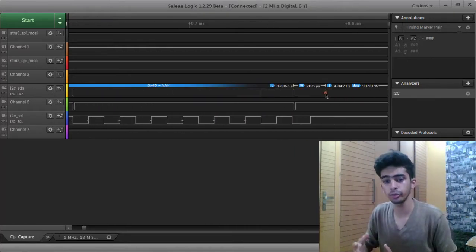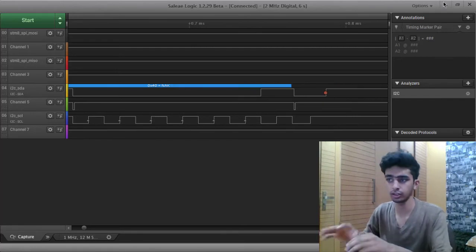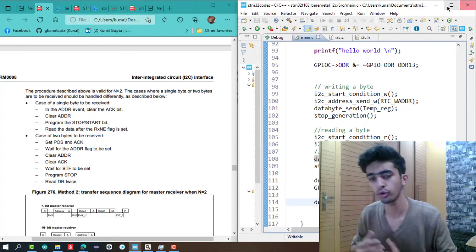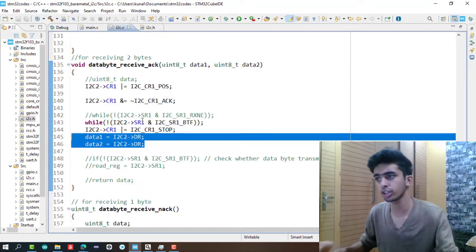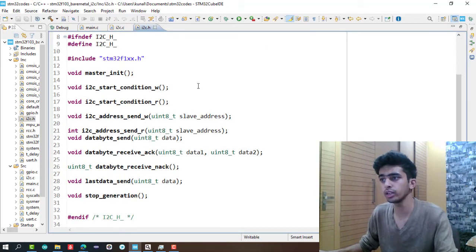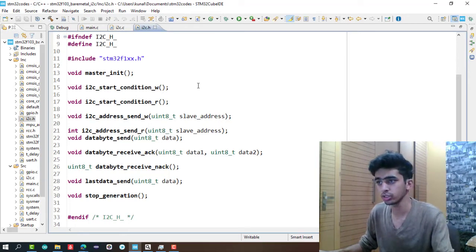These are all the registers and functions that we use, and these are just very basic and prototyping ones. In the upcoming videos, I will write the whole proper modular I2C device driver also, which I will upload on my GitHub and update over there. You can check it out from here. But I hope from this you can get an idea of how we need to develop our I2C device driver for STM32 microcontrollers, and what the basic concepts and things over there are.